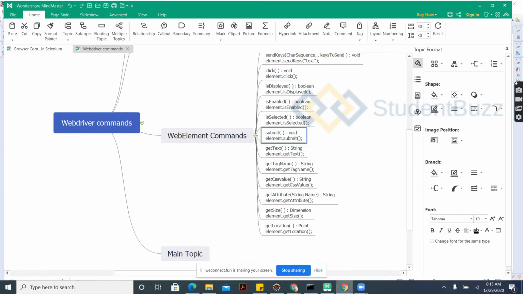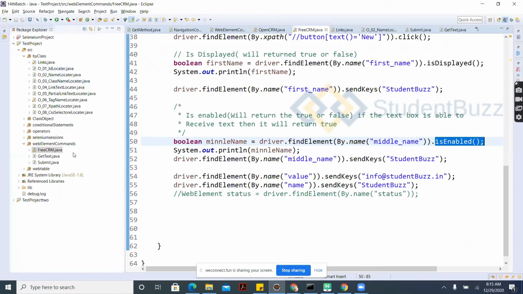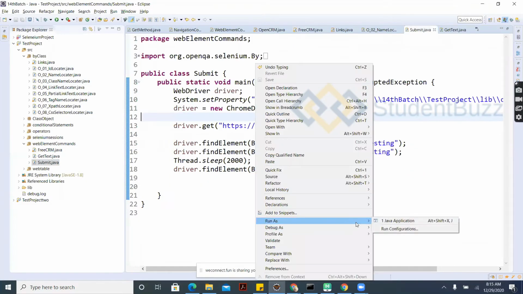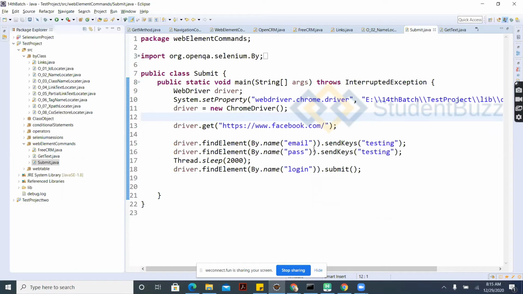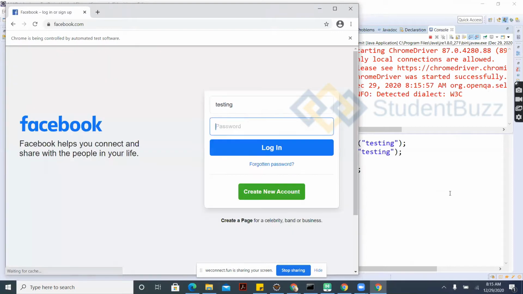If I take one example, I'll open the page. I'll show you how it works. So this is an application. I'm entering the username and password and clicking on the login button.